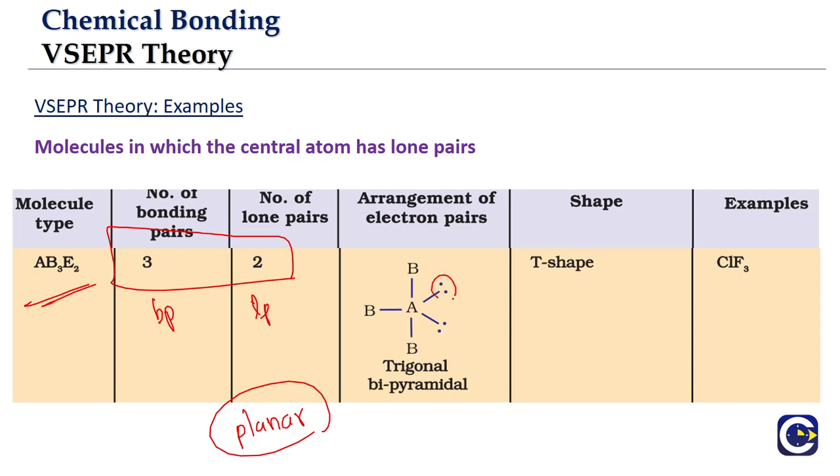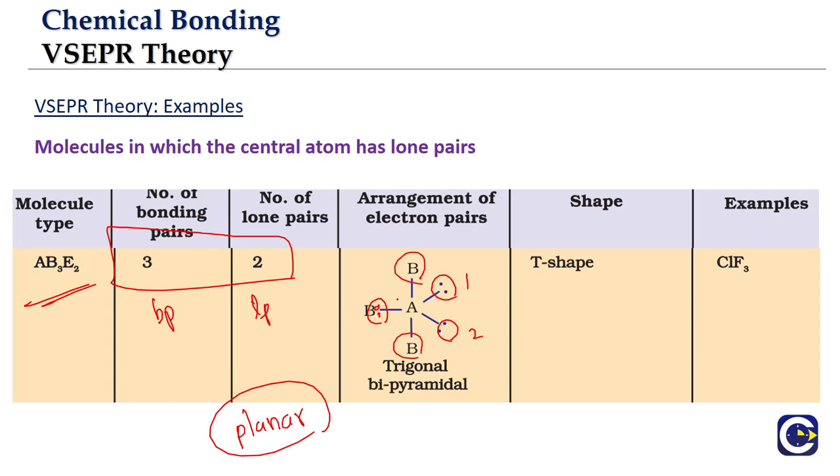Look at it, one lone pair, another lone pair. First we will give the positions for the lone pairs, the planar positions. The third planar position will be taken by B. Of course, the other places are going to be taken by the atoms of B only, and the axial positions are also given to the atoms of B.